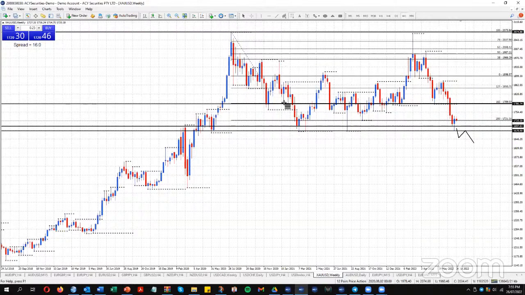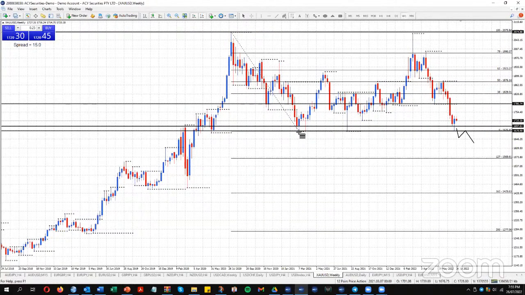So I draw my fib from the double top down to the low there. If that's a major double top, we could be running down to a double top price projection down here at 1278, which I know is a long way away, but there's a couple of plays here: support hold, trade back up, or support break for a major run down. All right, so we'll just have to wait and see what the next couple of weeks brings. We will either get a potentially strong bounce up or a strong break, one of the two.